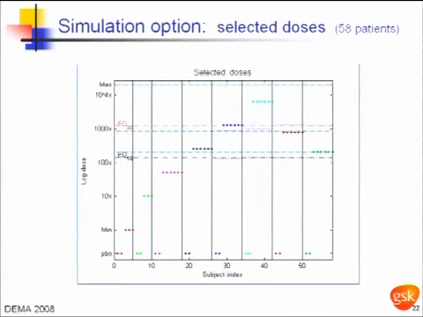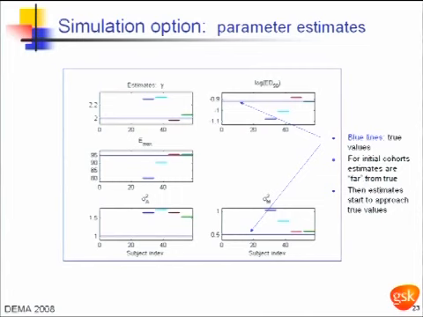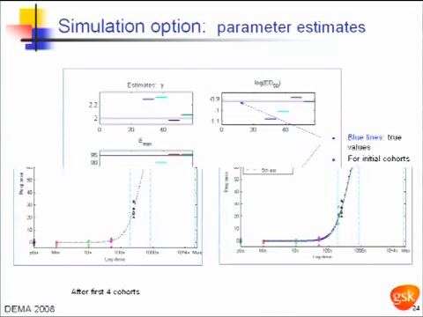Simulation option, that's how dose escalation goes. There are always placebo doses, and it's not necessarily the fastest dose escalation. That's how parameter estimates would look like. We estimate after each cohort, so it's a piecewise constant estimates, and we would expect that parameter estimates will finally at some point start to go closer and closer to true values of unknown parameters by the nature of the adaptive